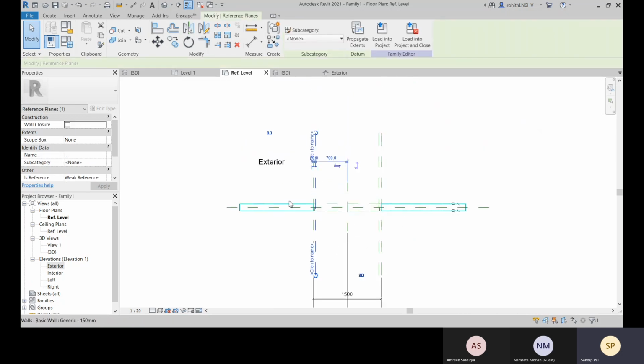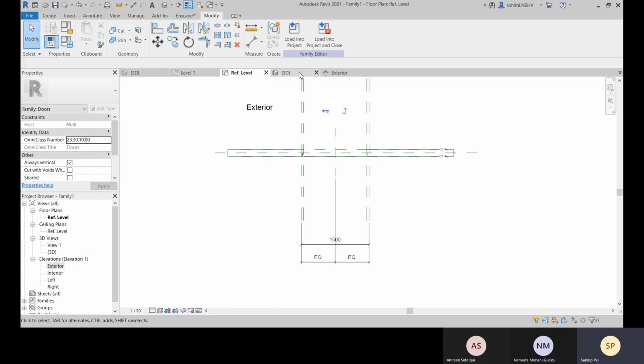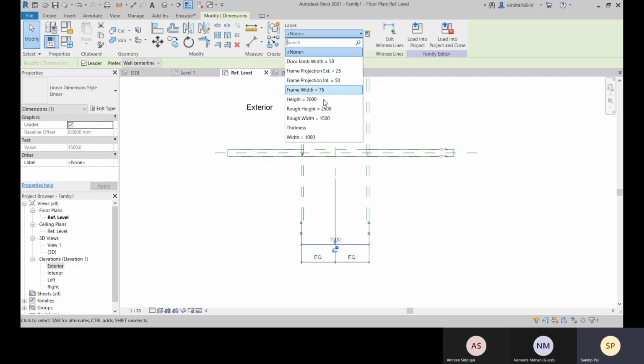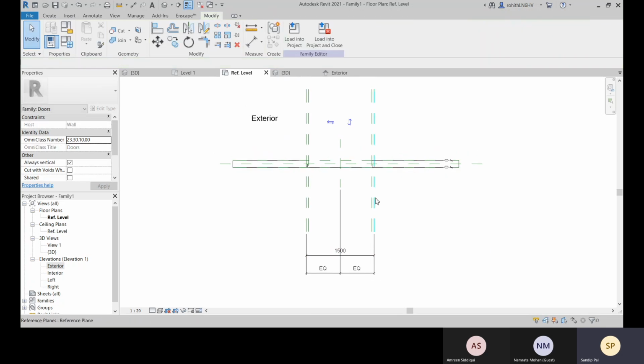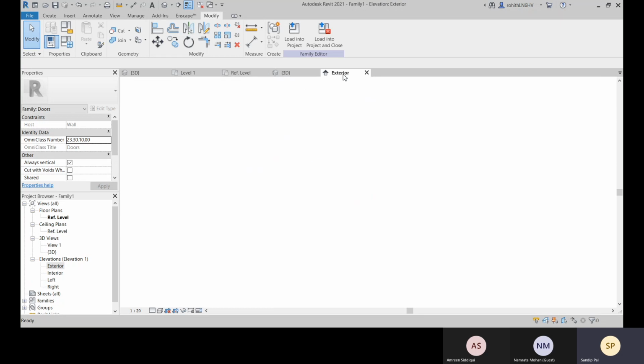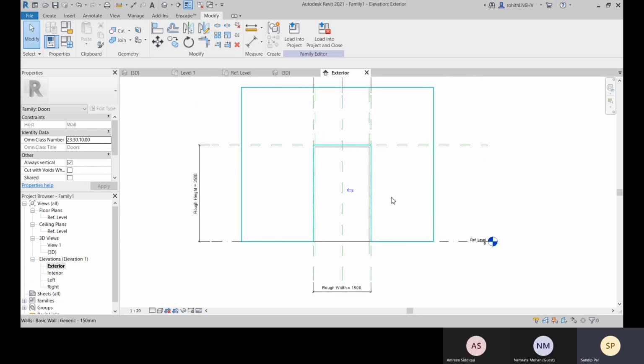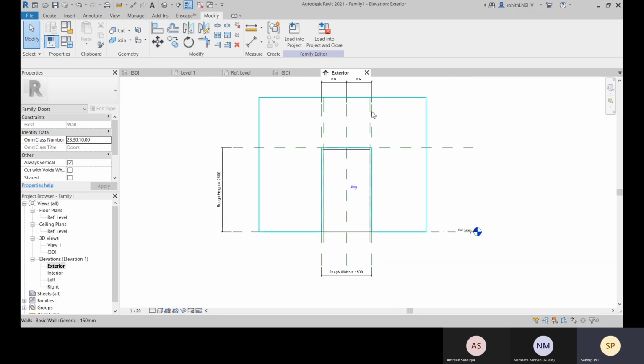Let me see. Let me change this to rough width. Okay, I'm having the same problem over there again.